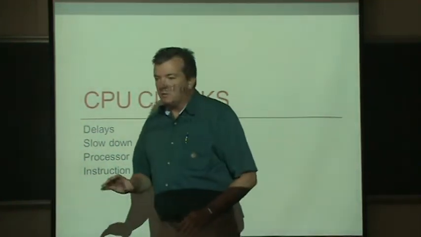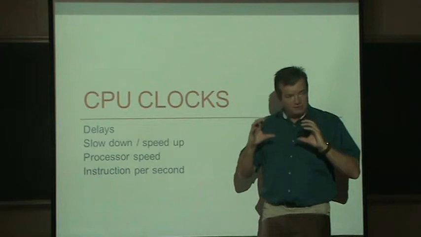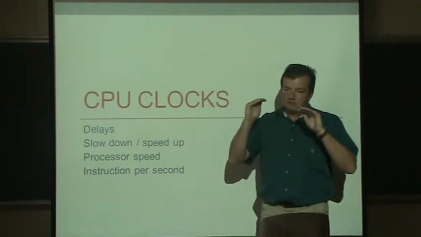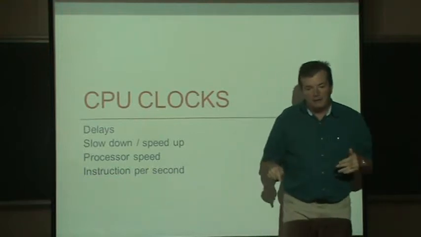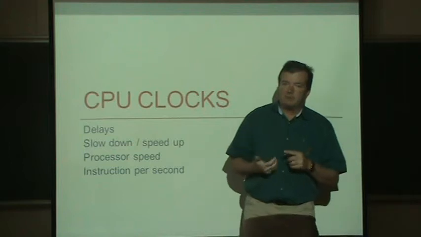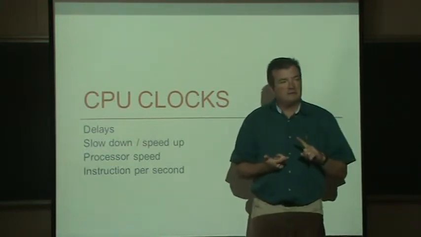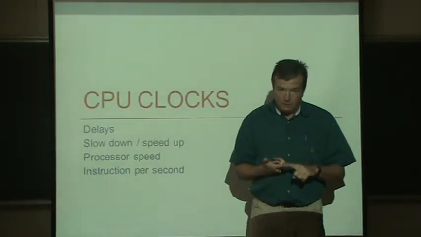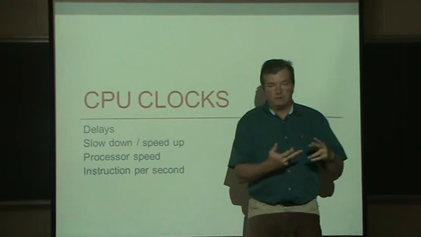So far throughout this course, we've talked about all the parts of the processor. Each part takes a certain amount of time for the electricity to flow through. And then when we have an instruction running, we have a certain set of steps. Like, for example, the first step might be to fetch the next instruction. The second step might be to decode the instruction we just fetched. Based on what's being decoded, we might have to, in a third step,